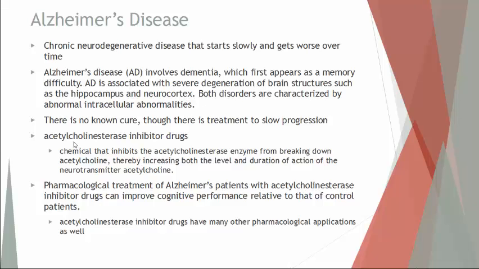You don't want this type of neurotransmitter to be hanging around neurons. You want it to be passed on from neuron to the target tissue, and then it'll be done. The more it hangs around, the more symptoms you're going to have. So what acetylcholinesterase inhibitor drugs do, they get rid of that effect, so acetylcholine can hang around longer. Because this neurotransmitter has been shown to improve memory and improve cognition in patients with AD.